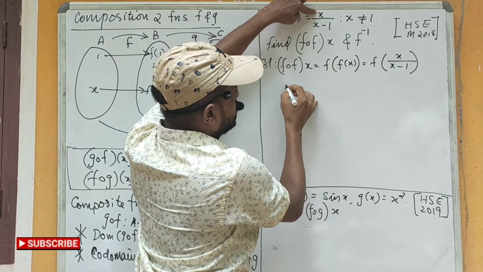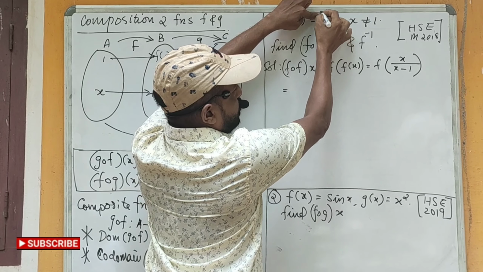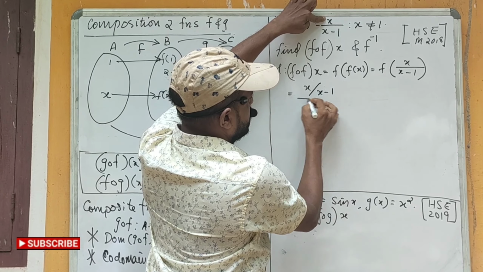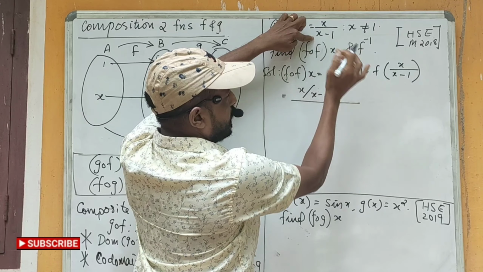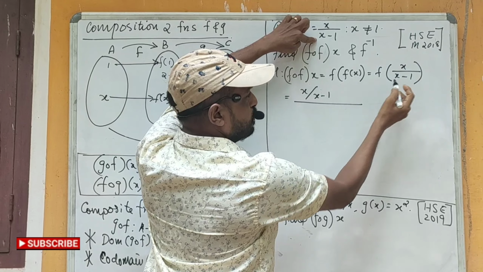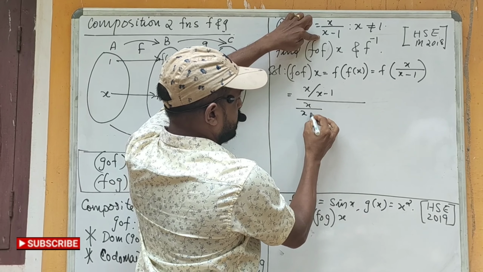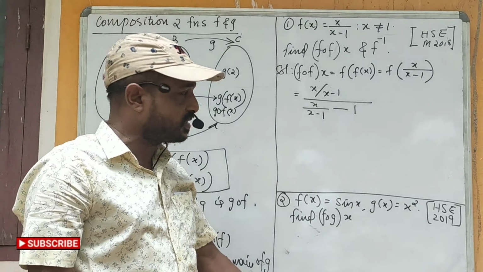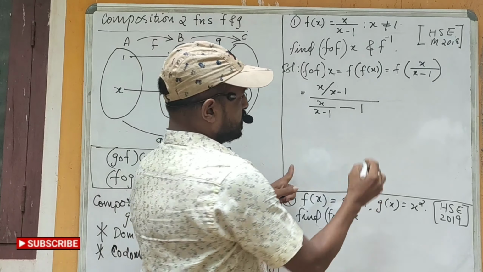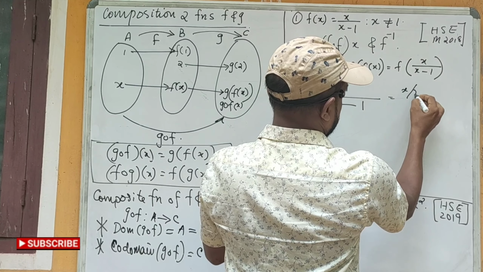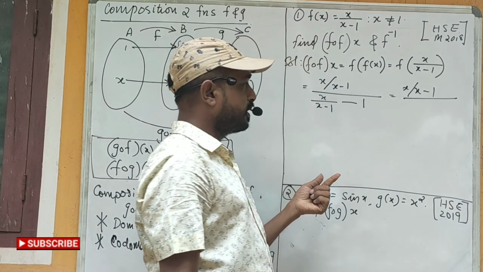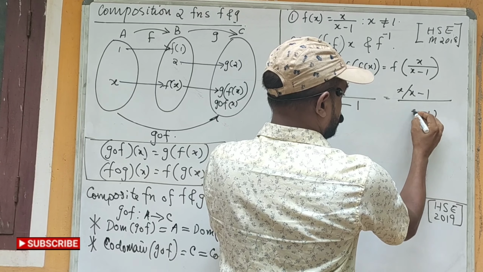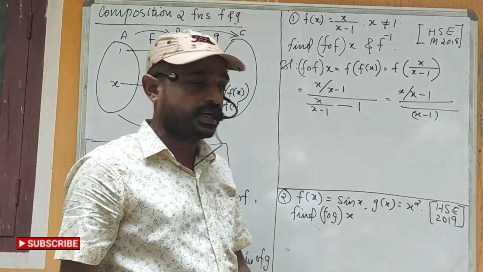So here we have x. In the place of x, you will have to write x by x minus 1. So x by x minus 1 divided by, here also we have x. For x you will have to write x by x minus 1, minus 1, that we should write as it is. Now this is x by x minus 1, that we are writing as it is, divided by, here x minus 1 can be taken as the LCM.